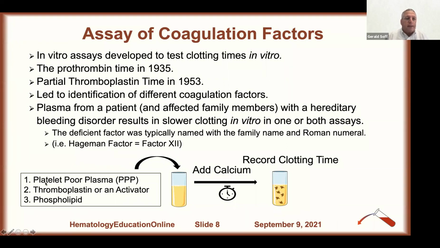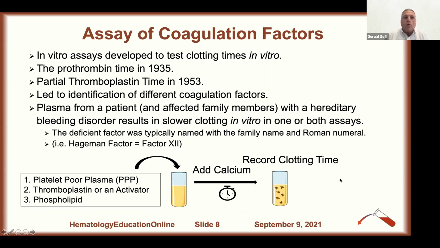So I should mention that the plasma, in order to prevent it from clotting in the test tube when it's collected and processed, would have a calcium chelator. So recalcification is the critical last step in activating coagulation in vitro. And then one would measure the time for a clot to form,